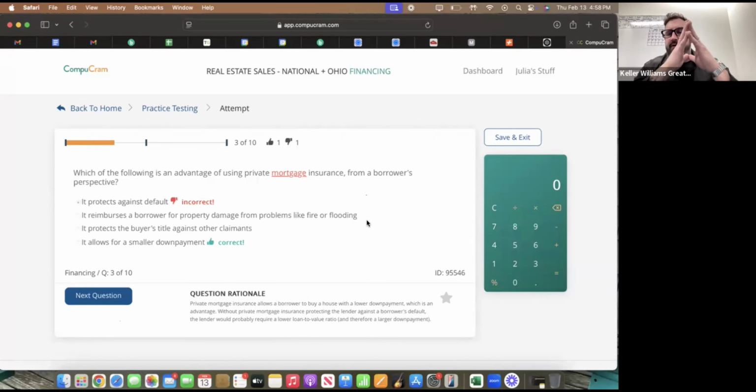So if you have a borrower take a loan out and they're putting less than 20% down, they have to get private mortgage insurance, right? So let's say the home is $300,000. They're taking a loan out to purchase a home that's $300,000. If they put 20% down, they don't have to get PMI, but to put 20% down, they have to come to the closing table with a $60,000 down payment, which is 20% times 300,000.